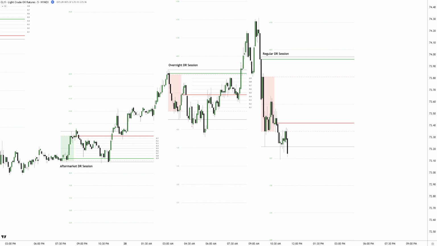Looking at the bigger picture, the aftermarket and overnight DR sessions initially formed a DR upside model. However, things took a turn when the regular DR session turned and violated the overnight DR lows and ultimately broke the DR upside model. This specific candle right here confirmed the break, shifting probabilities away from a DR upside expansion model and instead increasing the likelihood of a DR range expansion model or a trumpet-like price action throughout the rest